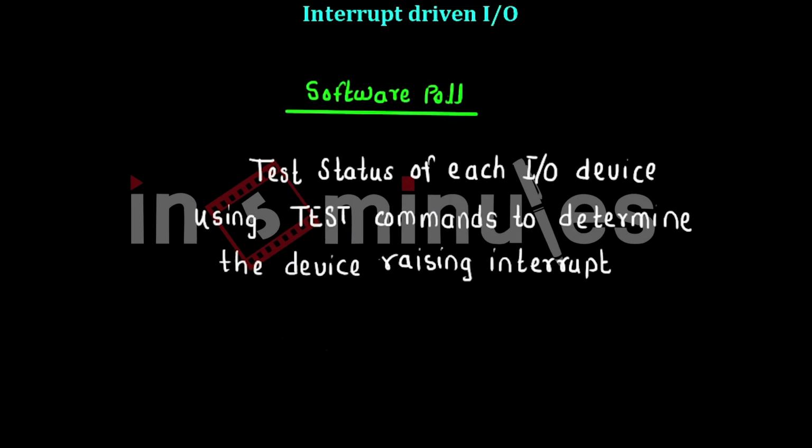The second method is the software poll method. In this method, the processor checks the status of each input-output device using test commands so that it can determine the device raising the interrupt. However, the drawback of this method is that it is extremely time consuming.